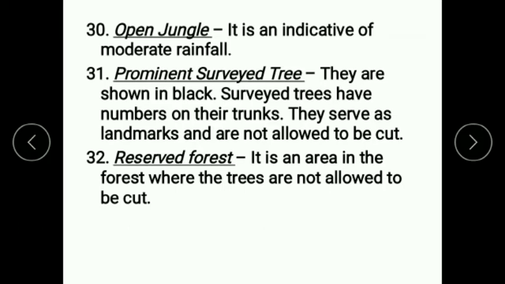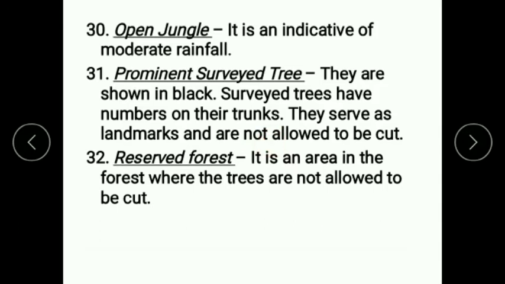They will not be taken as a natural feature; these are of no importance, and the only importance comes when you calculate the 4-figure and 6-figure grid. Otherwise it is not that important. Survey trees are numbered on their trunks and demarcated, and these numbers are given alongside the prominent survey tree.